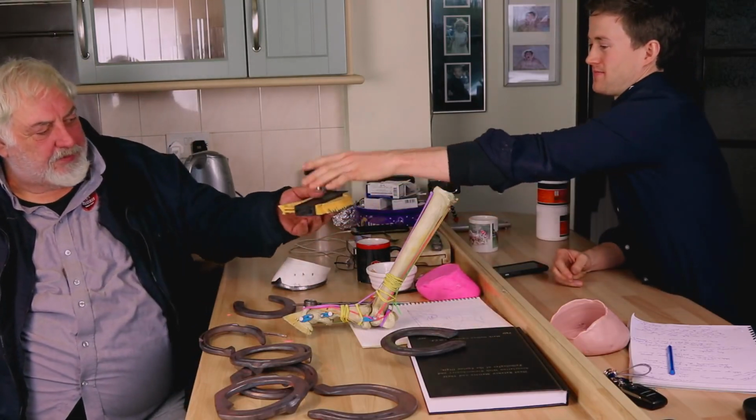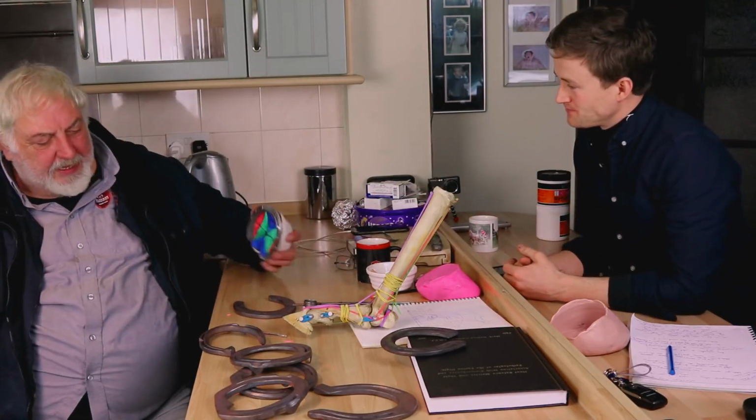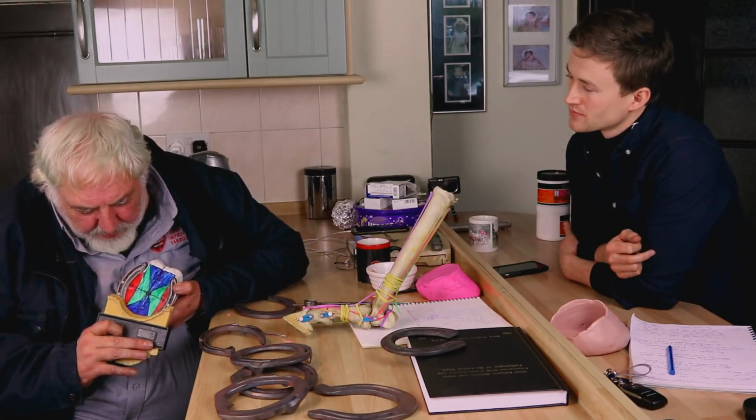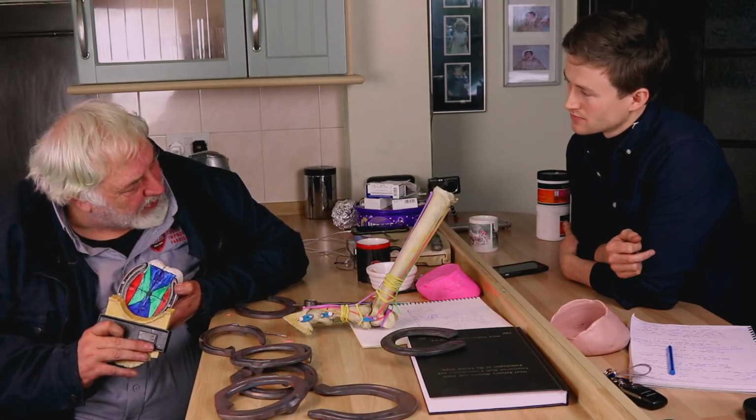We can use, then you get these obscurities and deviations from side to side and misshapes and whatever, and there's a very good example on the video from yesterday. But basically we take a contour gauge, stick that around the coronary band, push that into the shape just below the coronary band. That will mirror the shape, or I'll turn it around the other way so you can see, but that will mirror